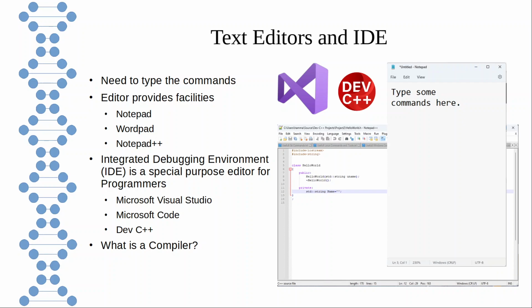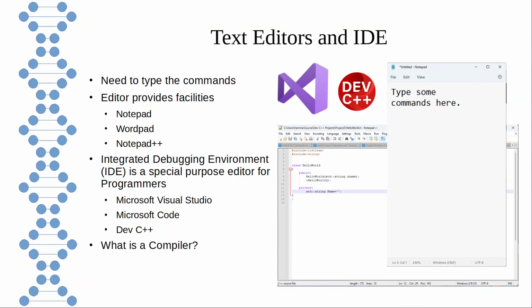So we have something called integrated development environments, or IDEs. This is a special kind of editor for programmers which provides syntax checking, or command checking, whether we are typing the correct command or not. And most of the time it also has a built-in compiler.